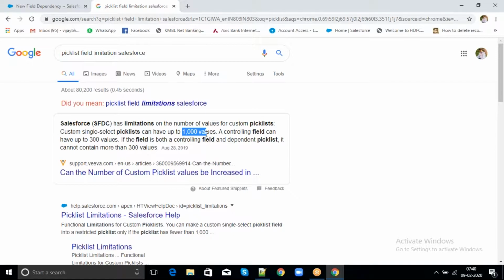So max we can enter up to 1,000 values. Okay. Now we will create a controlling field and dependent field. There it can have 300 values. Okay. Now we are entering country, right? The length of each country can be maximum 255 characters.